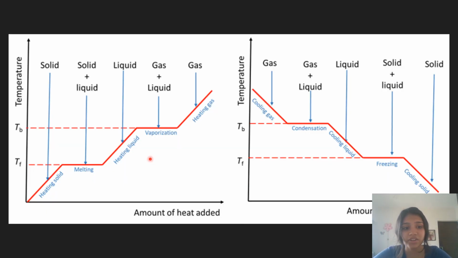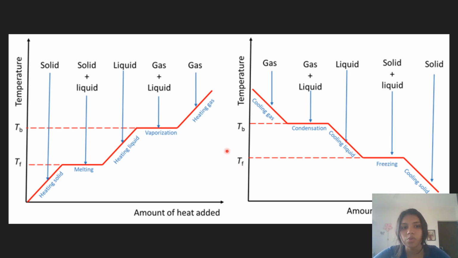Now we're going to look at heating curves and cooling curves. So this is a heating curve as you can see because the temperature increases here. Temperature goes from 0 and then increases. This is a cooling curve because the temperature decreases. So basically when a process happens like melting, vaporization, which is basically like boiling, or condensation or freezing, like the first 4 processes we spoke about,